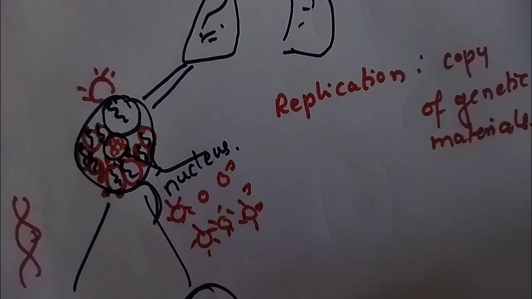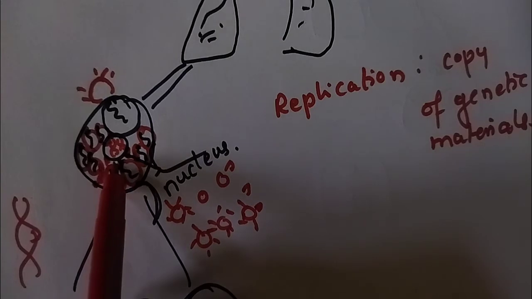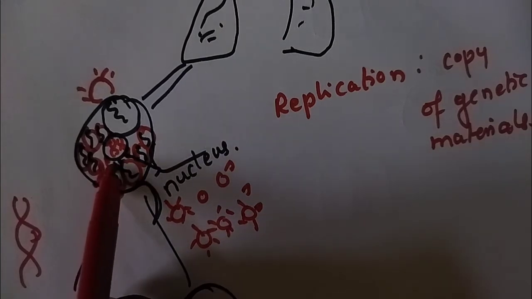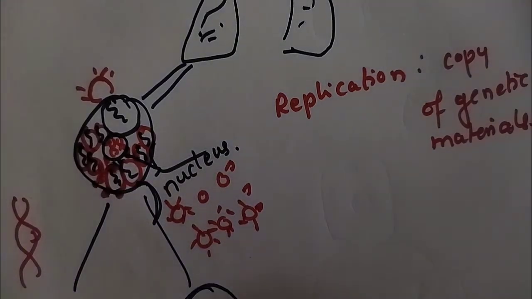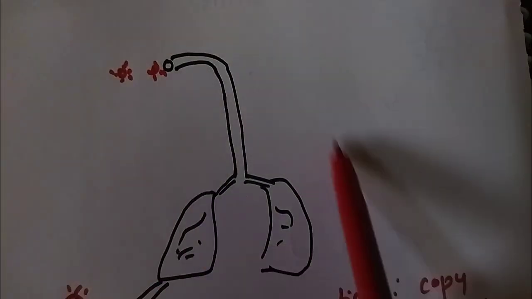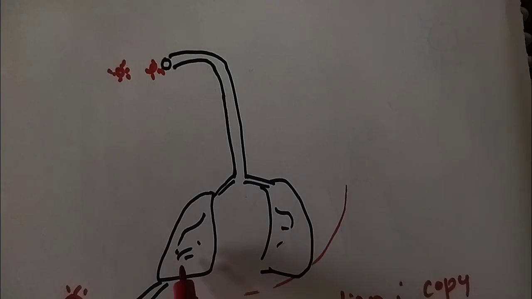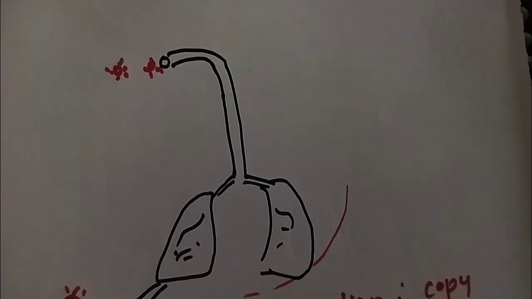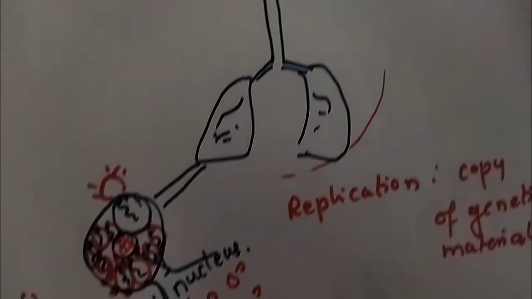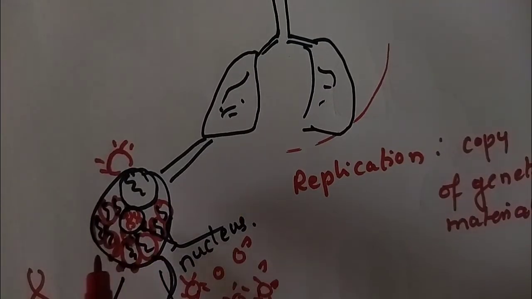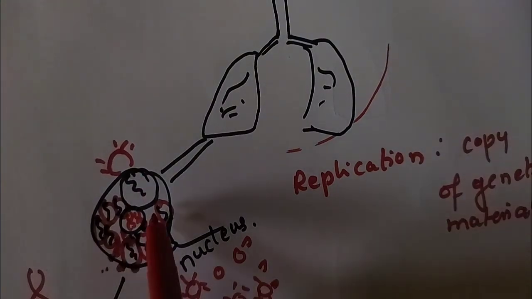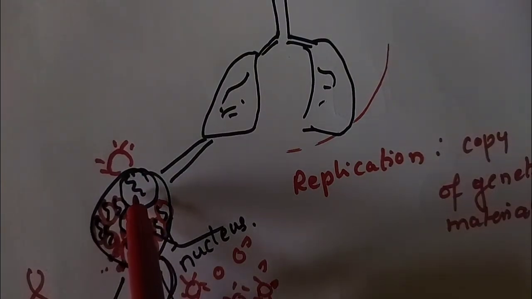So by rupturing, what will happen to this cell? This cell will die. This is how the coronavirus damages all the cells of the lungs, causing respiratory disorders. So why is the respiratory disorder caused? Because the coronavirus replicates itself in our cells. This is a human cell and these are coronaviruses. Since it does not have its own nucleus, it cannot replicate.